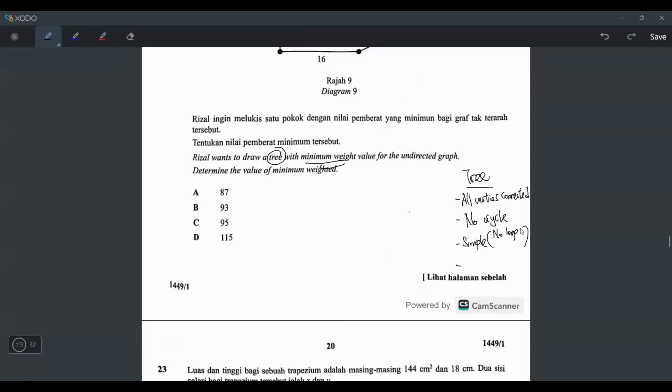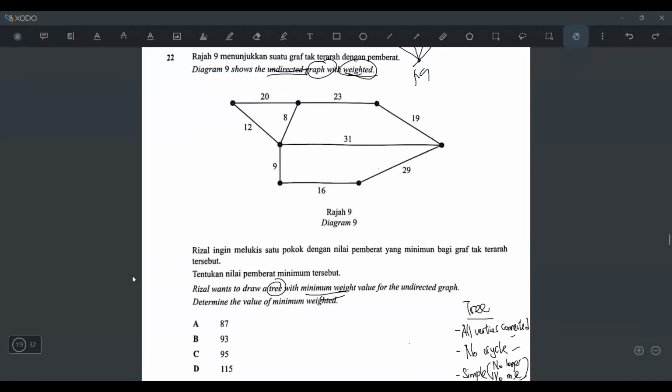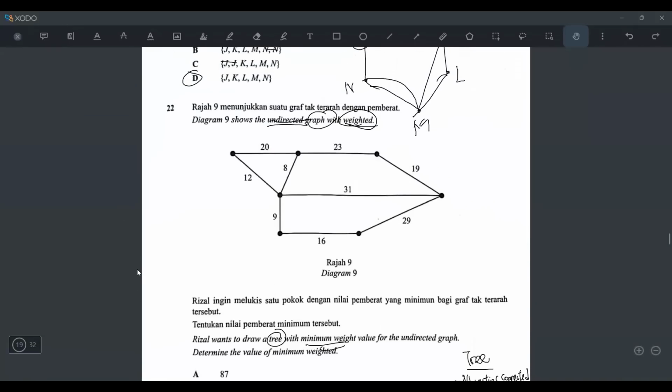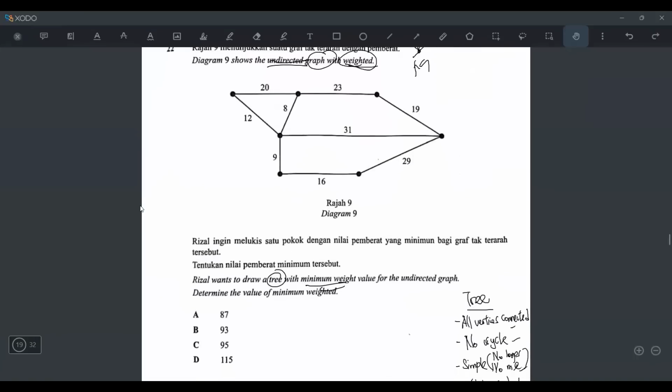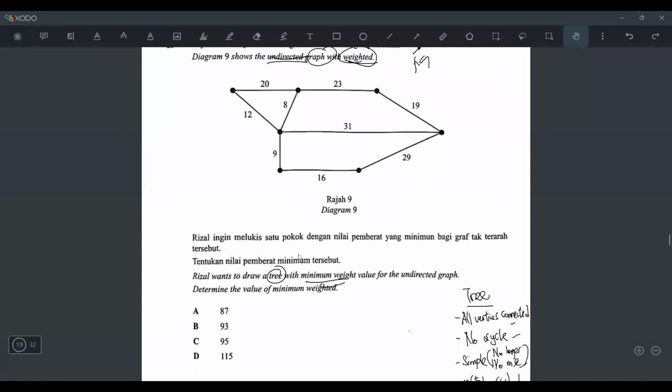No loops and no multiple edges. And the last one is the number of edges equals the number of vertices minus 1. So all these are the 4 characteristics that you need to memorise, or else you can't do type 3 questions. So let's go to the graph now and try to find the tree with the minimum